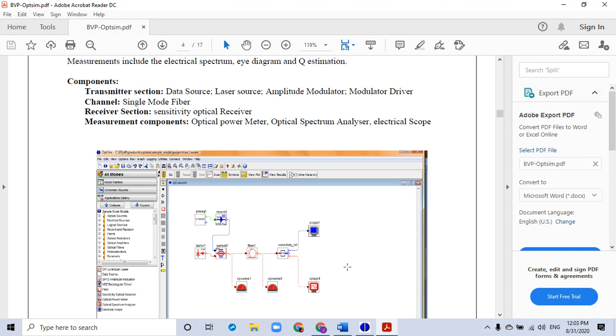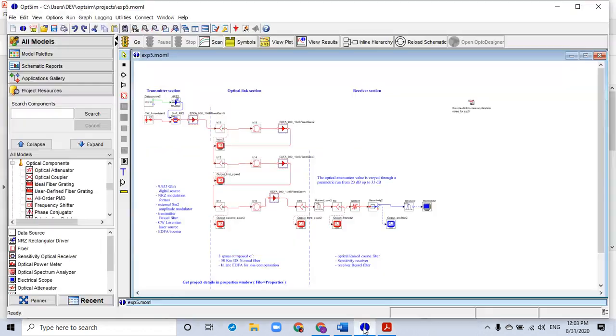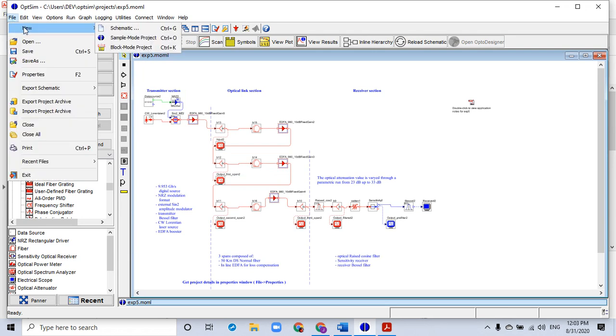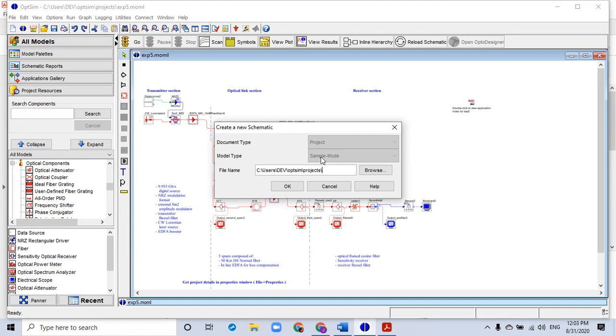So let's start with OptSim first, and I'll open a new file in a sample mode project. Okay, so we need to give a name to the experiment. I'll say experiment 1, or rather 2, for our second practical.